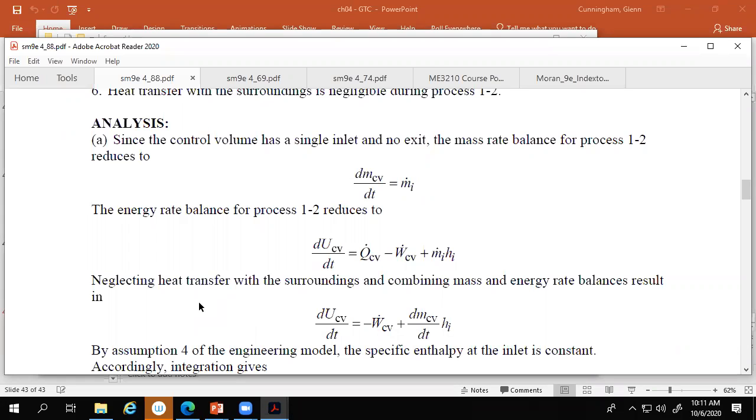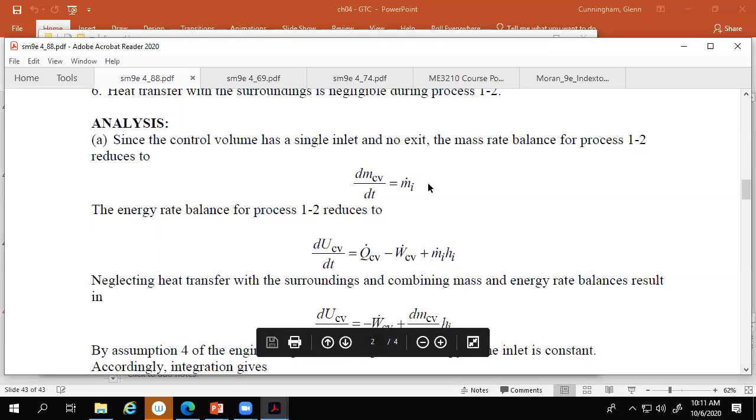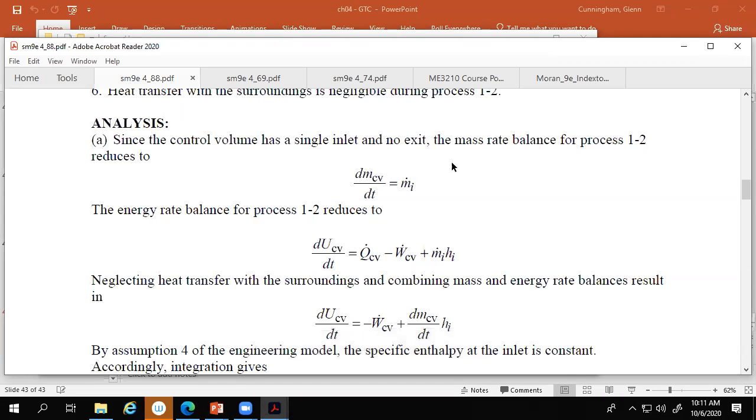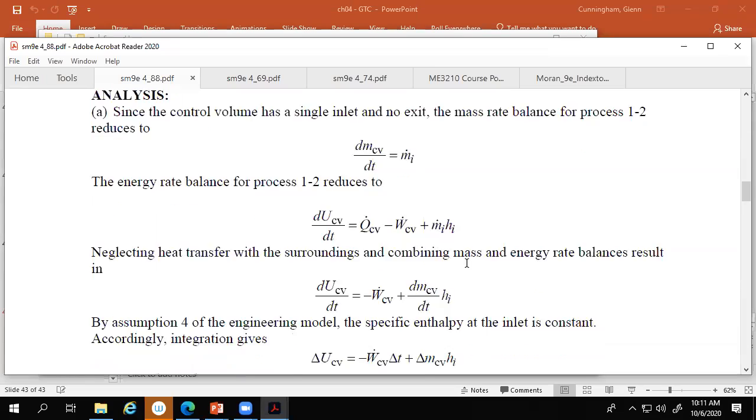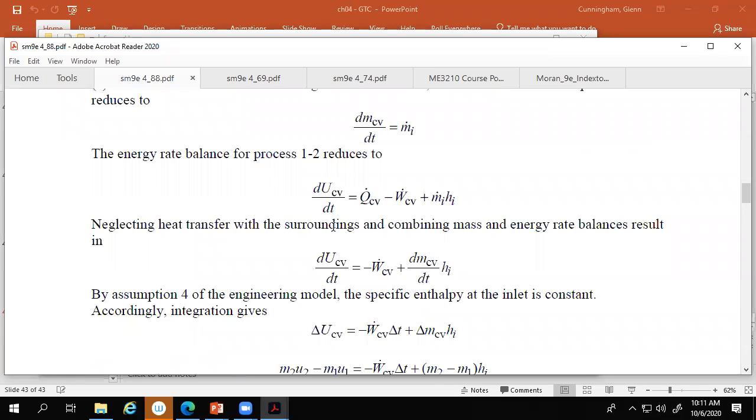Okay, so the statement of conservation of mass, or mass rate balance, whatever you want to call it, for process 1 to 2. So we've got dmCV/dt, and there is a rate of change of mass in the control volume for sure, and it's just what comes in because we only have one inlet, we don't have any exit, so that's pretty simple. And then we write the energy equation